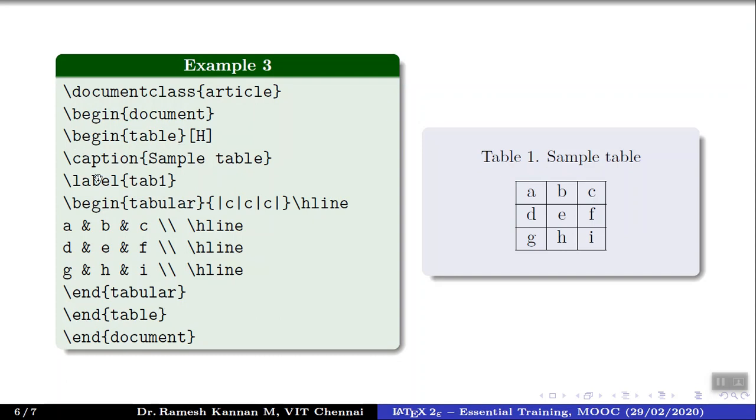And within that, we have another environment called begin tabular, where the c stands for center and hline stands for the horizontal line. For example, all these things are aligned center. That's why 1, 2, 3 columns, and this represents the border lines, and hline represents the horizontal lines, and ampersand is the